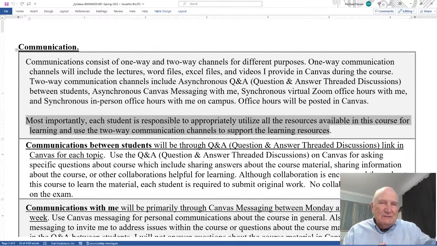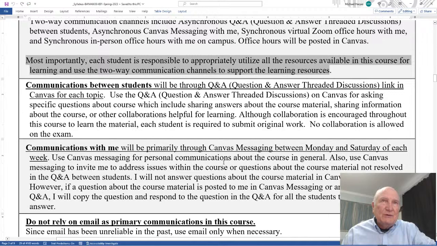And don't just work on two-way channels like conversations to learn. That's important, but it's not the only way to learn. Okay, communication between students